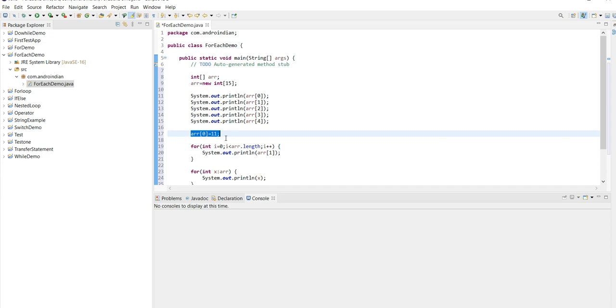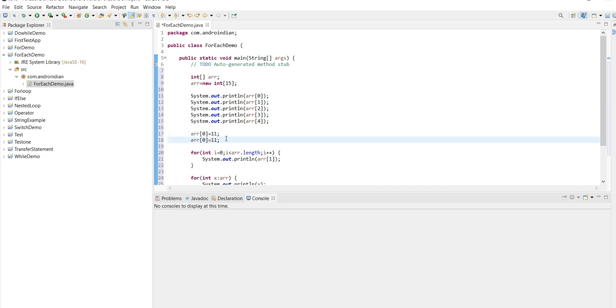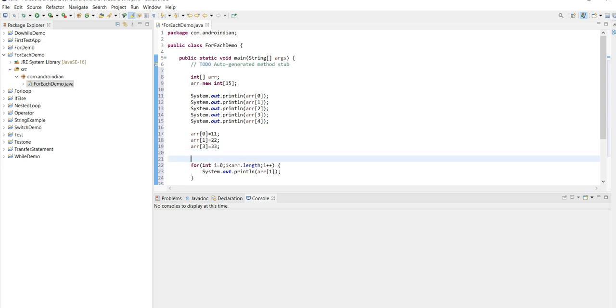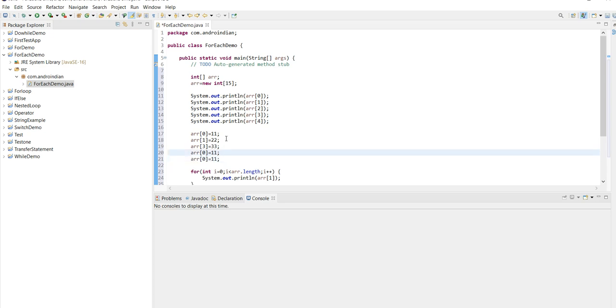Like this, I want to assign the remaining values: arr 1 equal to 22, then 33, then 44, and 555, just random values I am giving here.